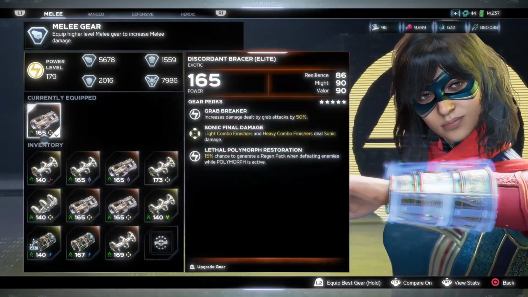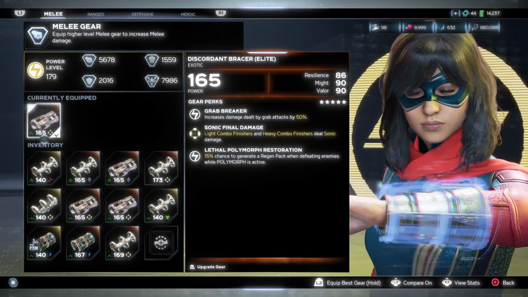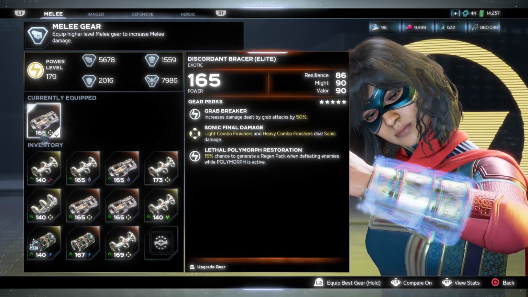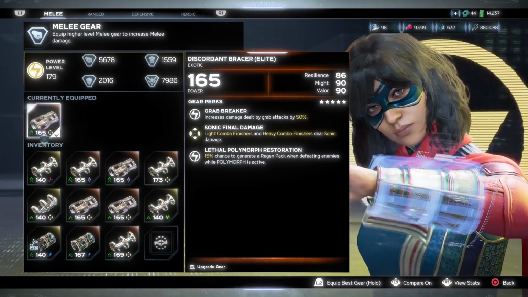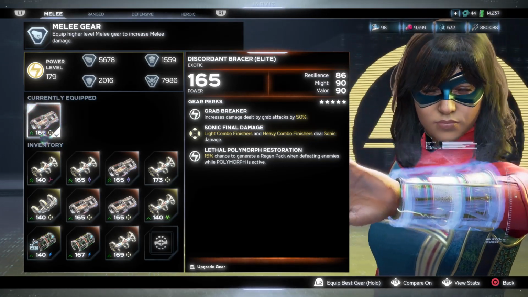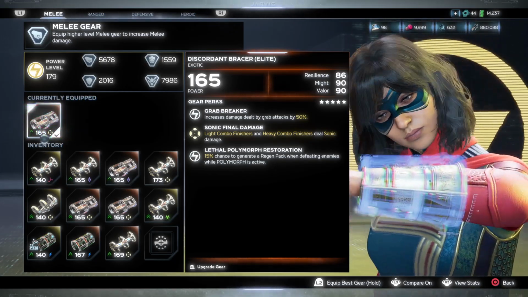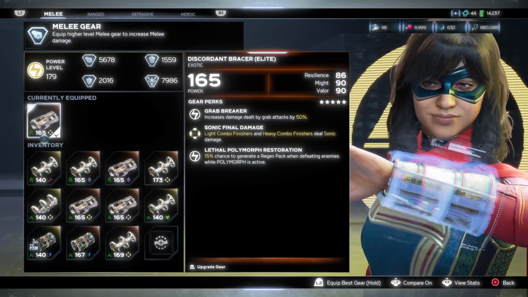Alright, now moving on to the melee slot. So the last gear piece, you guys can get different types of perks with this as well. Grab Breakers may be useful for a hybrid or range build. You guys can get this gear piece with the Vibranium or Sonic status effect as well, similar to the range. And you can also possibly get Precision, Might, and Valor for hybrid, or Precision and Valor for range, or just